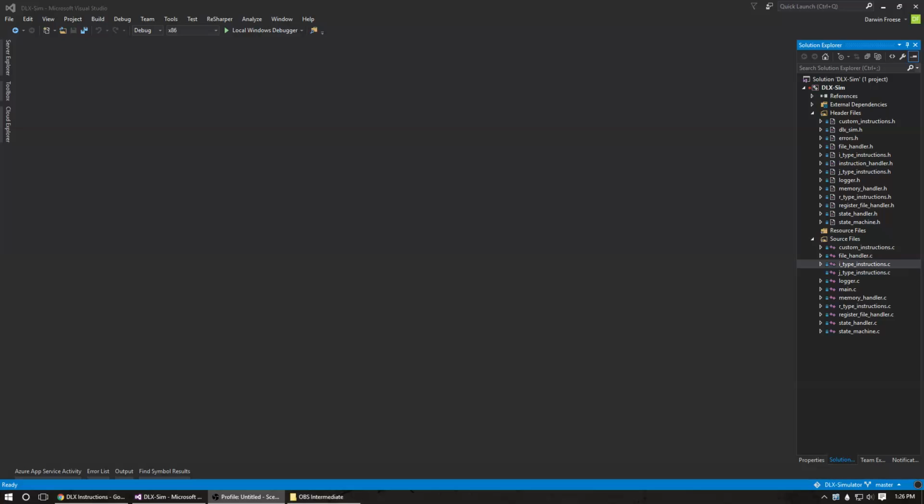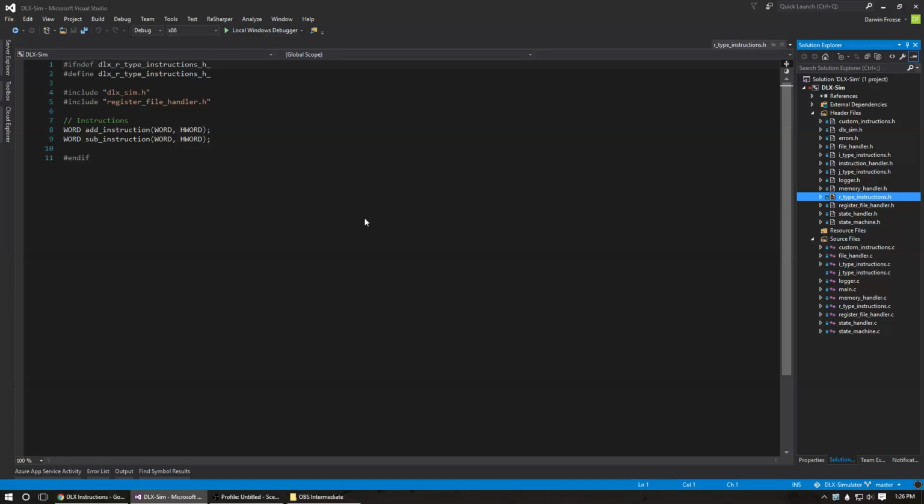And then at that point, we will have our single cycle data path machine good to go and ready to use. And we can actually write some real assembly that we will be able to execute. So to start, what we'll do is we'll open up our R-type instructions header file,